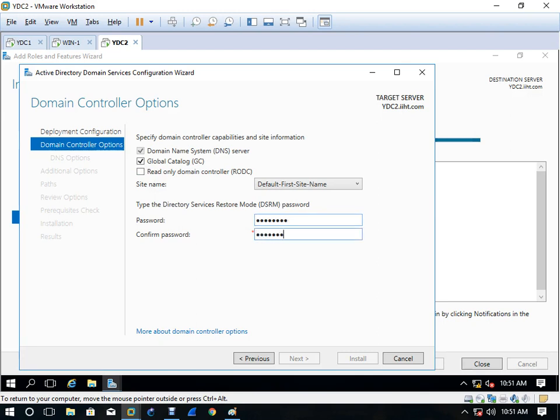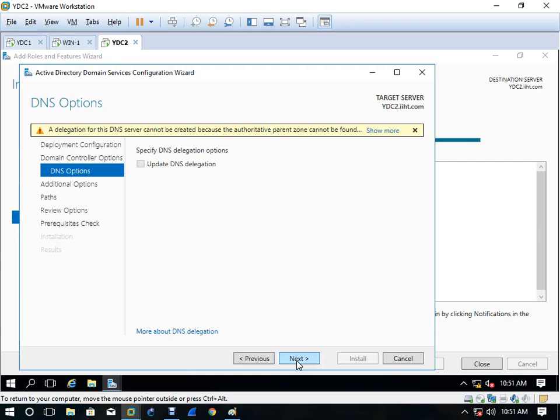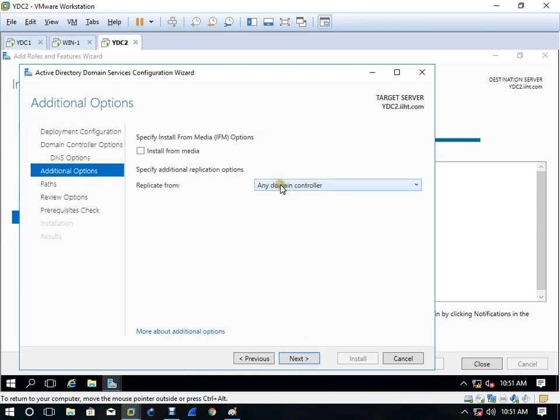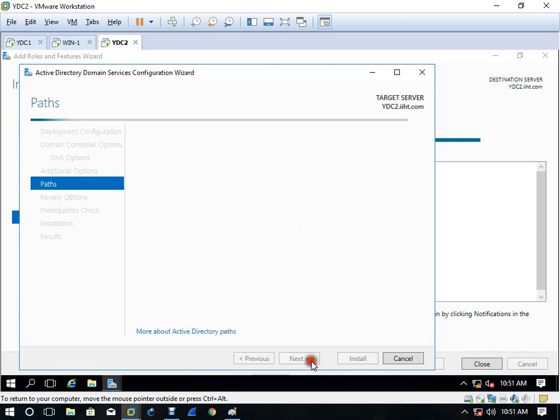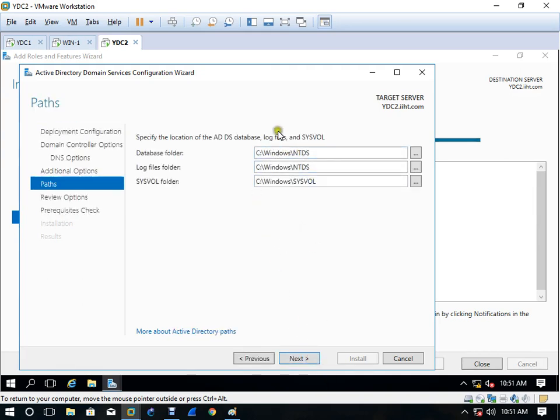This password you will understand when we recover Active Directory. You need it. Click next. Here you don't need to change anything. Here replicate from Yaoundé DC1 ist.com. Next. This is my Active Directory database location.